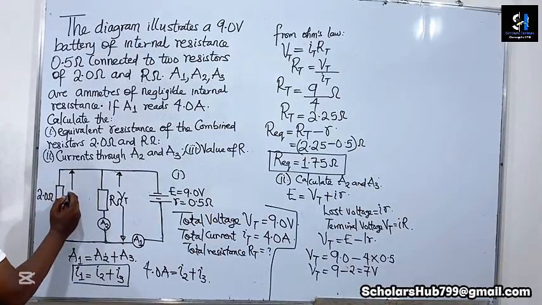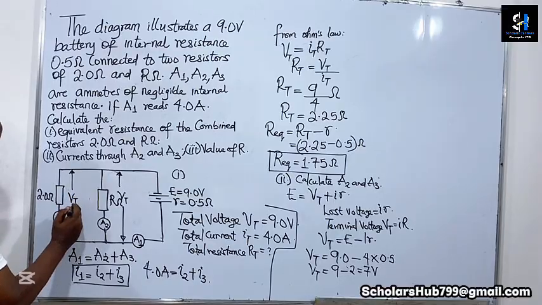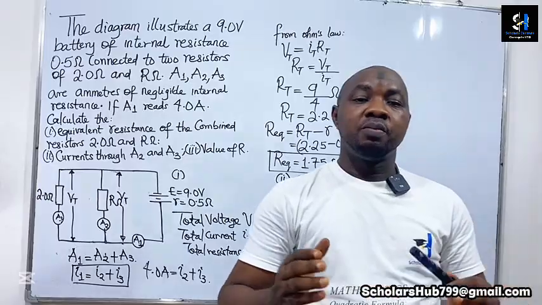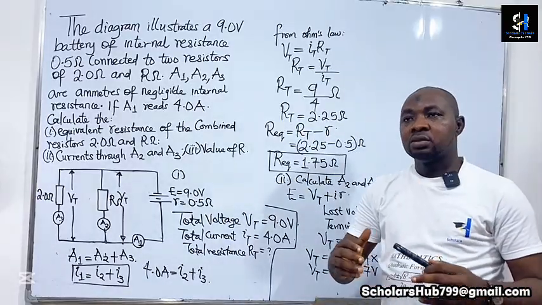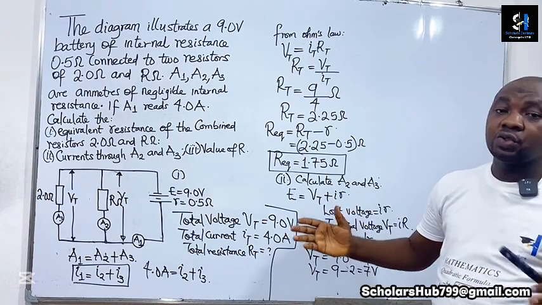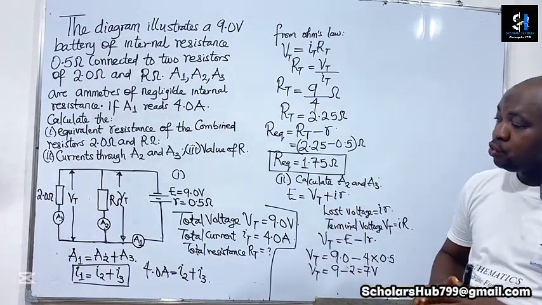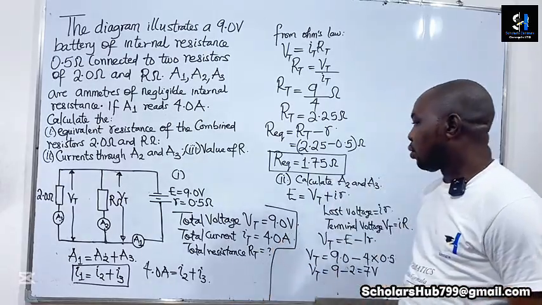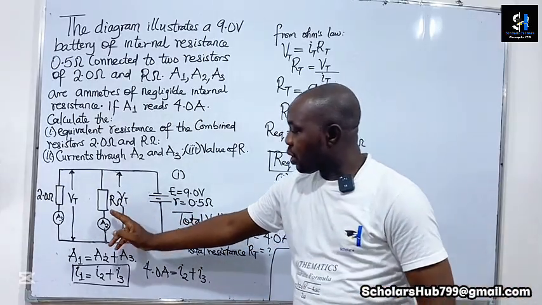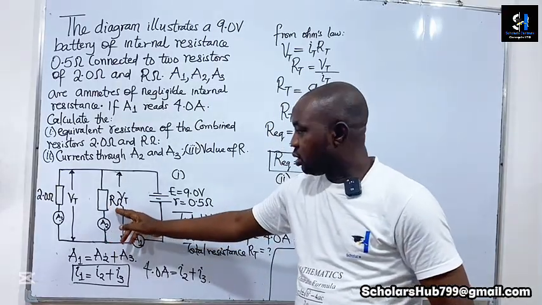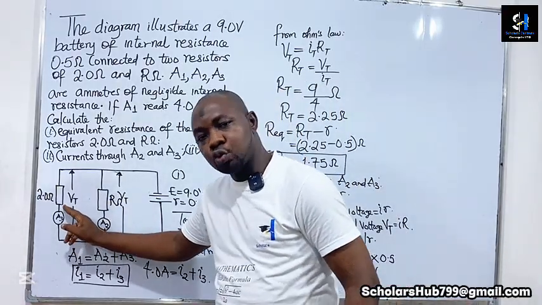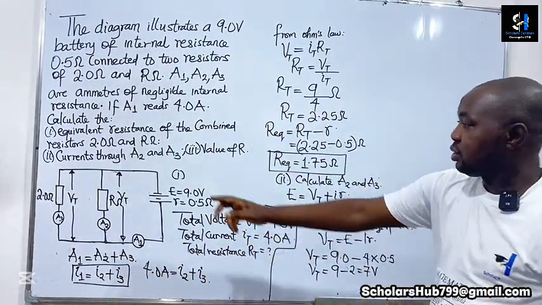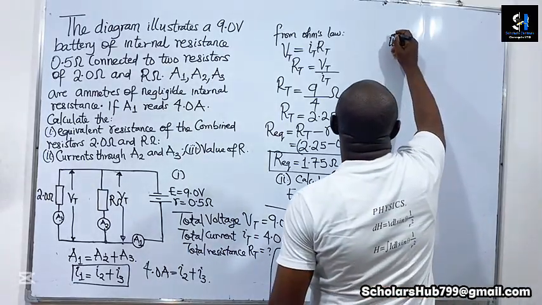ohms, and the voltage across 2 ohms, because it is important to note that when it comes to parallel circuits containing resistors, the voltage drop across the individual resistances is equal. So the voltage drop across R ohms is equal to the voltage drop across 2 ohms. So to be able to calculate I2 and I3, which is Roman numeral 2,